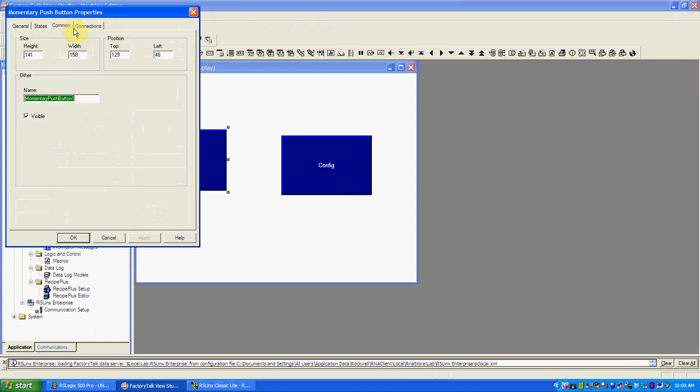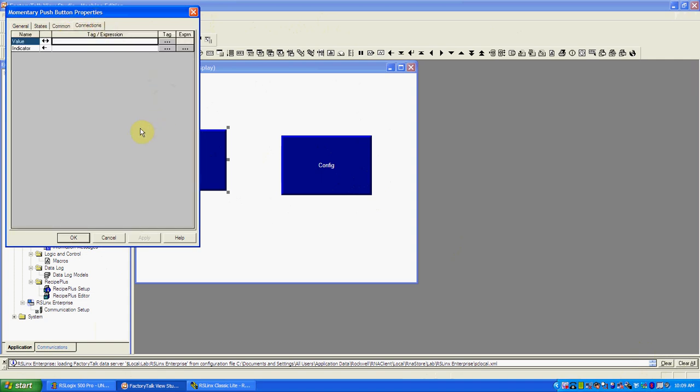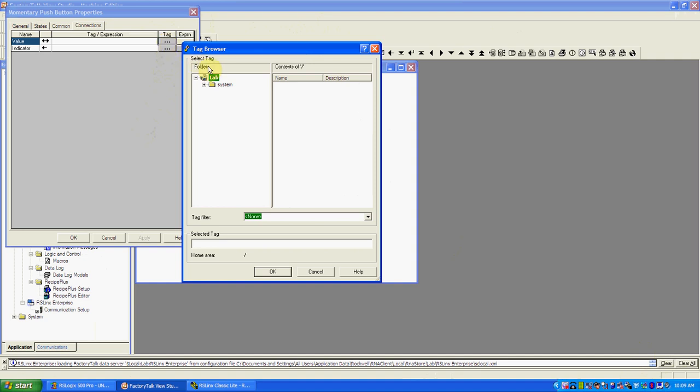We also have the ability to set its size, and most importantly, we need to address it or tell it, when I press this button, what bit is this in the PLC. So under the Connections tab on the momentary push button properties, we can open the tag software, go right side mouse on either the file or system, but if you go right side mouse up here on the file and